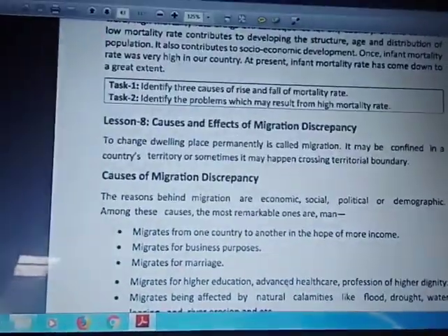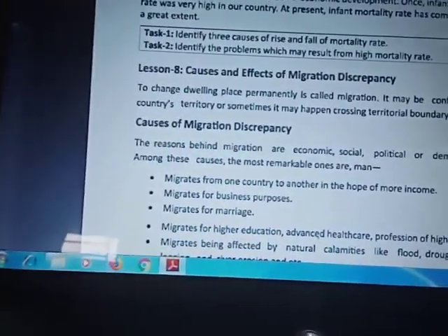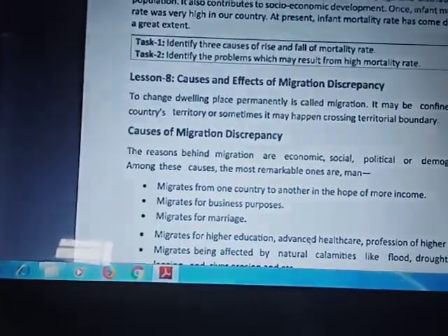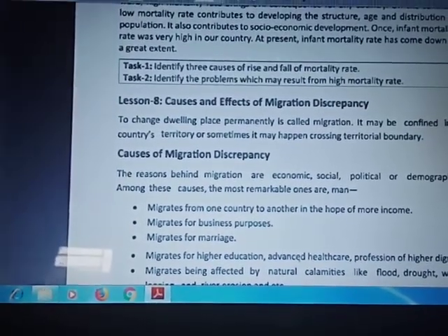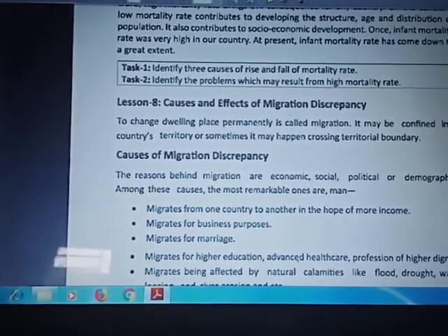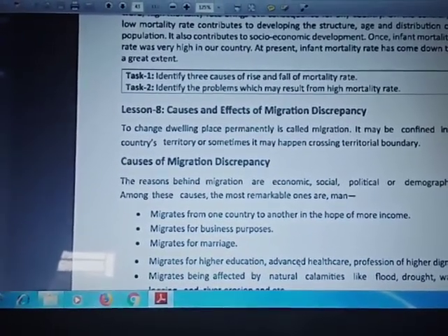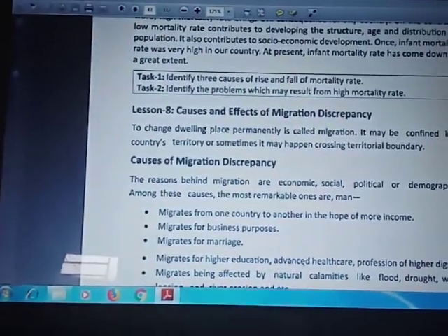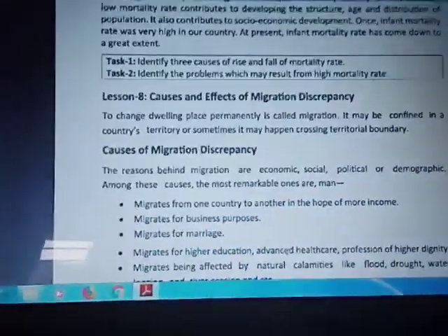Lesson 8: Causes and effects of migration discrepancy. To change dwelling place permanently is called migration. It may be confined within a country's territory, or sometimes it may happen crossing territorial boundaries. Causes of migration discrepancy: the reasons behind migration are economic, social, political, or demographic. Among these causes, the most remarkable ones are: